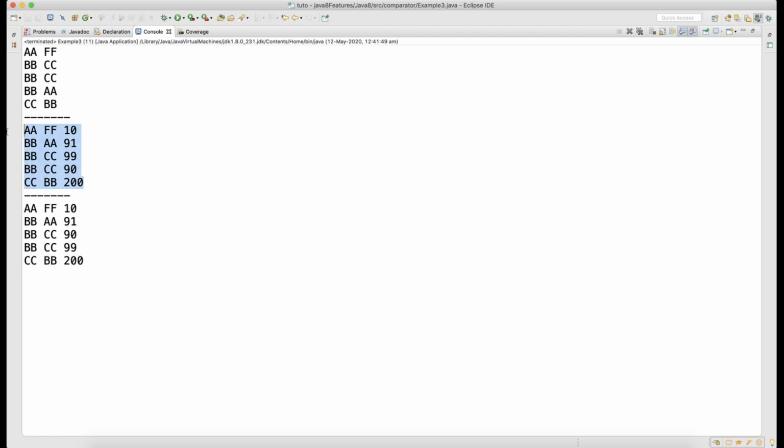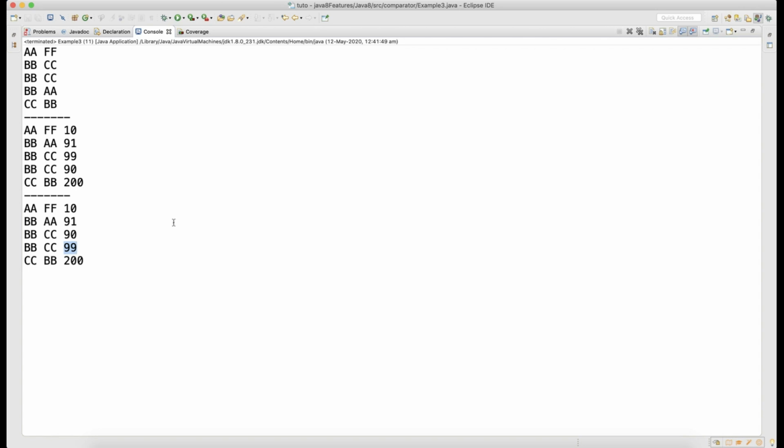Look at this result output now. When there was a last name which was actually colliding, right, what was the data for the age? 99 and 90. But here when we added then comparing age also, then look at here, 90 came first, then 99 went, because when you compare based on the age, it will go via ascending order.